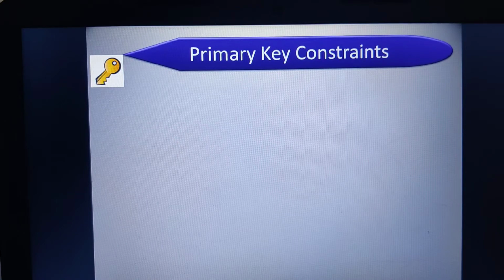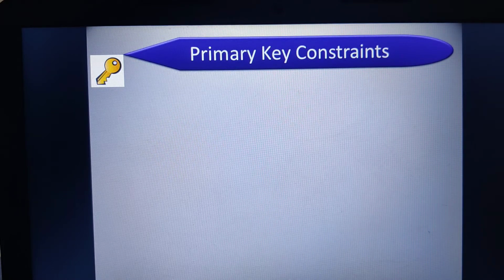Let us continue with our chapter, that is Structured Query Language. In our previous video, we have seen the unique constraint and a few examples of primary key constraints at the column level. Today in this video, let us have a glance at the primary key constraint, its basic syntax, and then we shall discuss the column level as well as the table level constraints with examples.